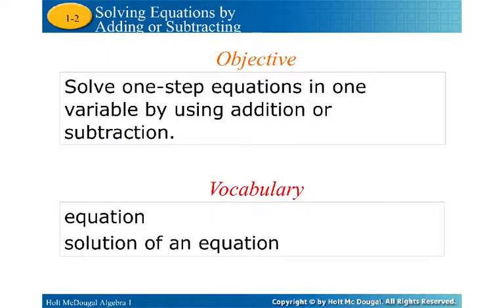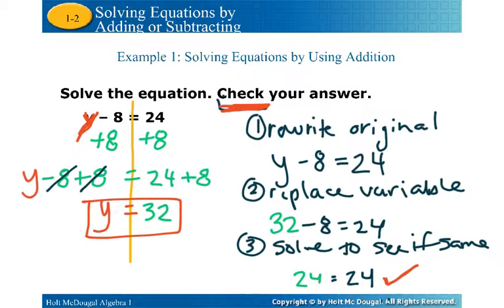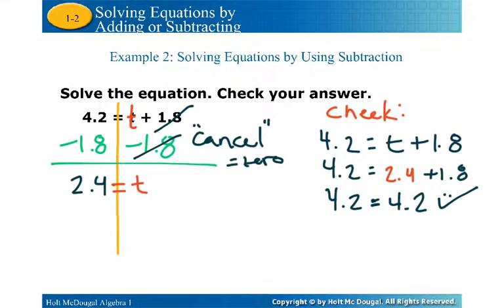In this set of notes, again, it's always good to see what it was that you were supposed to accomplish. So hopefully we understand how to solve one-step equations in one variable by using addition or subtraction. So remember that the idea is that you look at what's happening to the variable itself, in this case subtracting, and so you'd solve by adding. In our next example, we said that we have adding, and so we're going to solve by subtracting